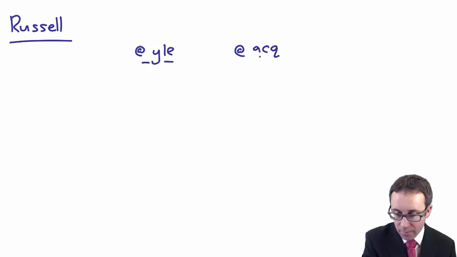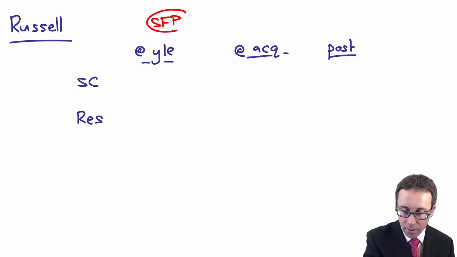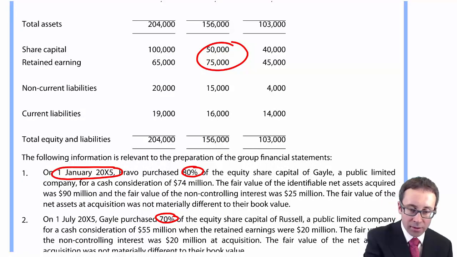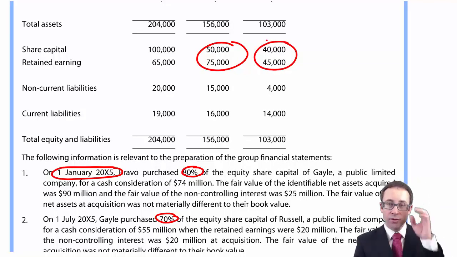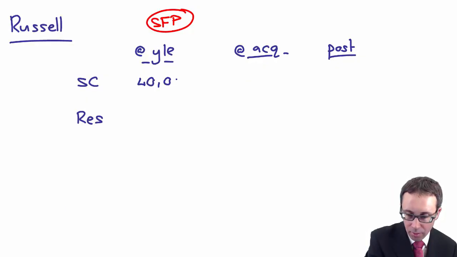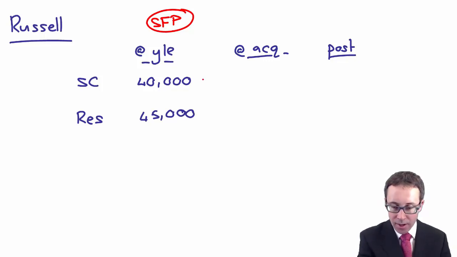We go with the figure at acquisition, and then post acquisition. Same layout, share capital and reserves, and the year end figures come from the sub statement of financial position, don't they? So back to the question, 40 and 45, isn't it? So we've got there, is it 40 and 45,000. Okay, again, that 40 at year end for the share capital will have been the 40,000 that you